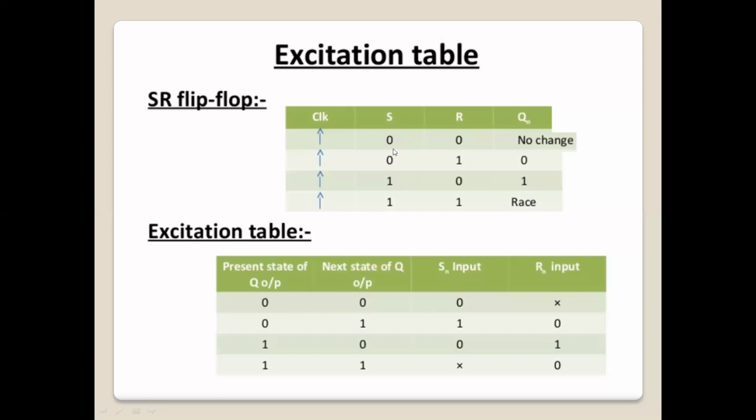So we have seen here that if S and R are equal to 0, the output will continue, the same output will continue. That condition can be taken, that is present state is 0, next state is 0. So the first condition can be taken for this excitation table. And what any other input condition can come for this particular output? Say the second one, if S equal to 0 and R equal to 1, then the output will be 0. So that also, two conditions will be coming for this desired output condition.